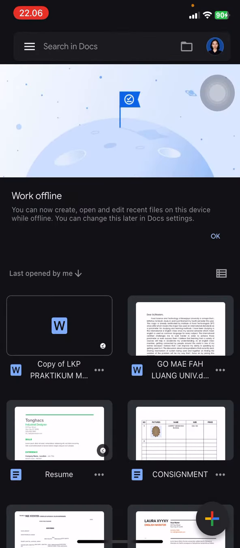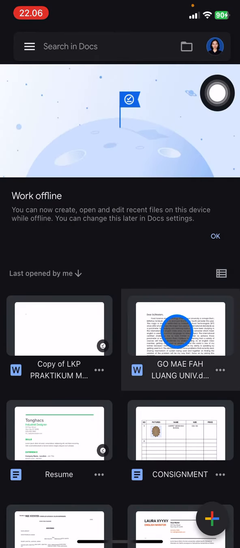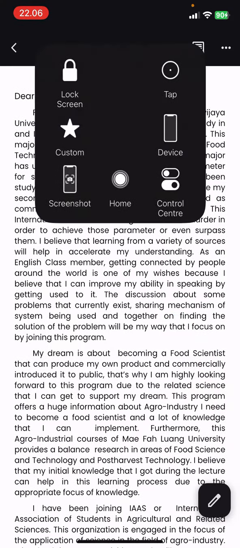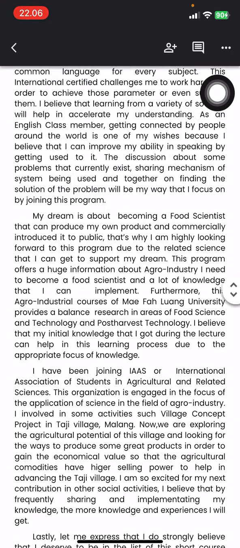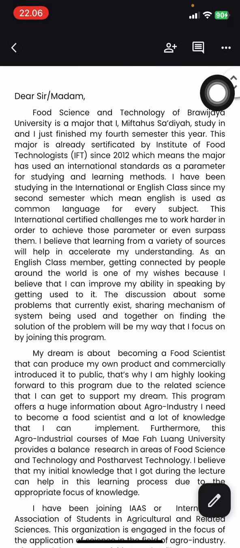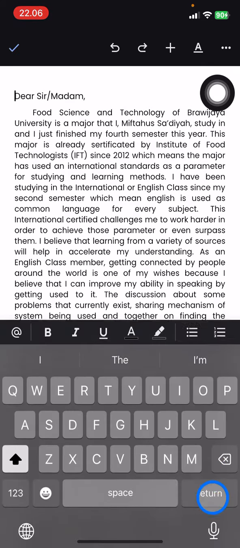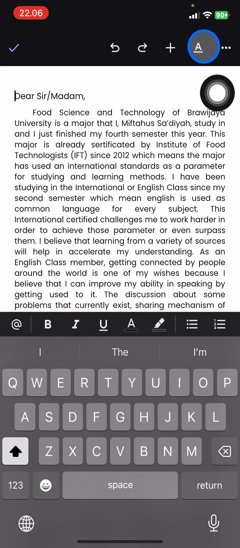So I want to pick the document first. So I want to do this instead. I already have all of this paragraphed in my document, and let's control or personalize the space between the lines here. You just need to activate the editing section, and then click this A icon